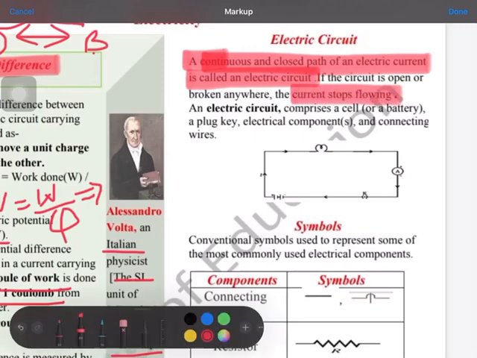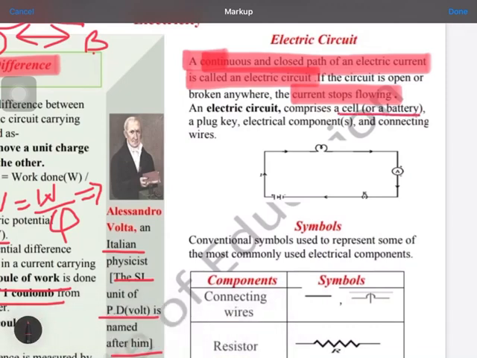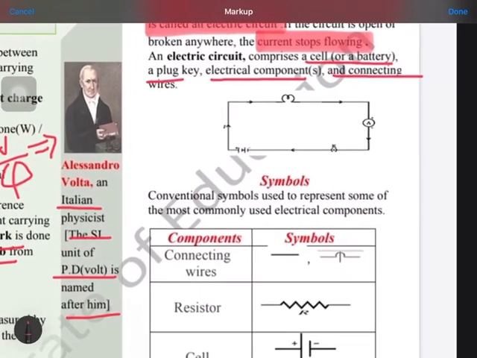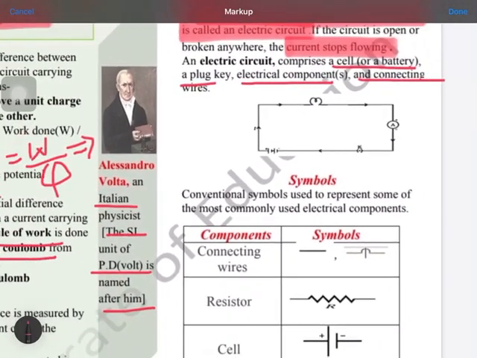Now what does an electric circuit consist of? It consists of a cell or a battery, a plug, that means key, and electrical components like the connecting wires. A component means anything; it might be a bulb or anything which is used. Generally we use different symbols for that, but you have to remember one thing when you are drawing an